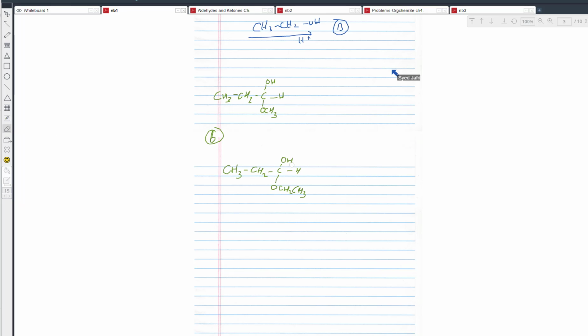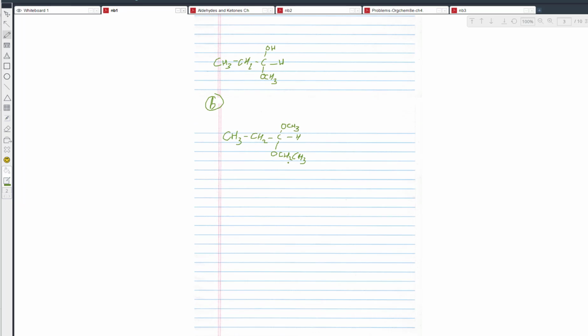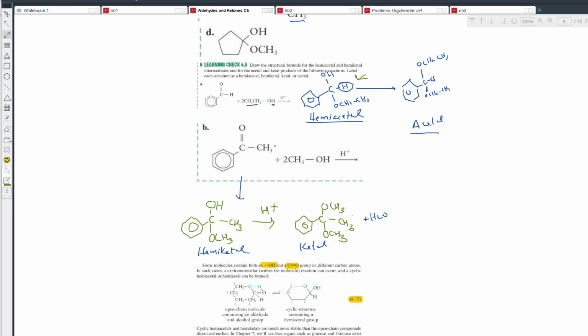I'll use my eraser. Let me erase this thing. Okay, that's correct now. Does that work? Yeah, that's right. Because the first OCH3 comes, now the OC2H5 comes. Okay. And this is ketal. Oh, acetal. Clear? Acetal, yep. Acetal. Okay, now